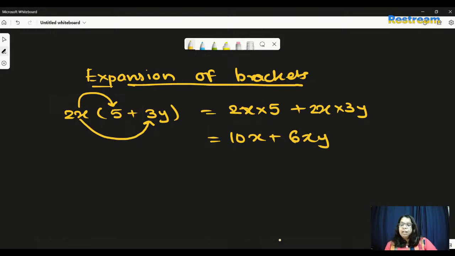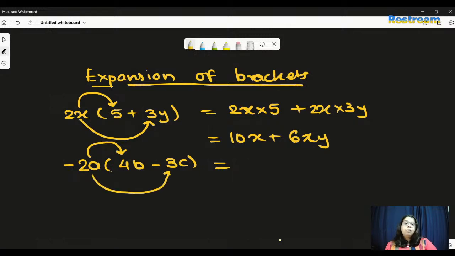Okay, let's see, we have negative. So let's say minus 2a into the bracket 4b minus 3c. Again, we are going to multiply the entire minus 2a term with 4b, and we are going to multiply the entire minus 2a term with minus 3c. Now in algebra, if I multiply minus 2 with 4, or in some countries they say negative 2 with 4, I would get the answer negative 8. So in this case also, I am going to multiply negative 2a by 4b plus negative 2a multiplied by